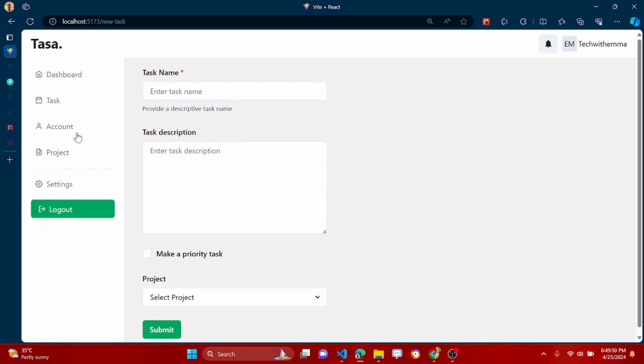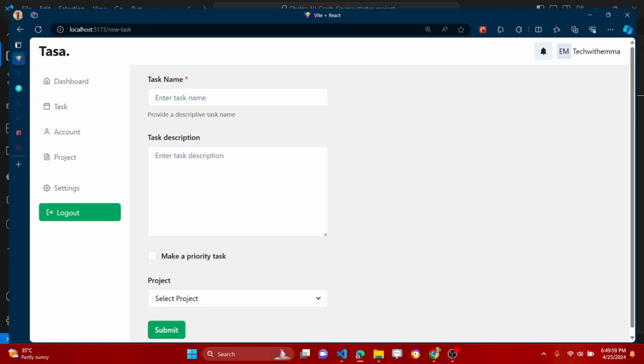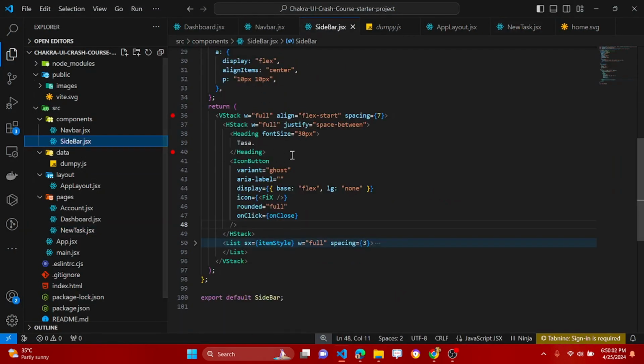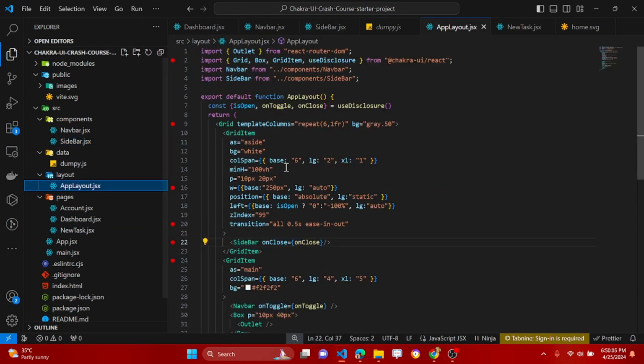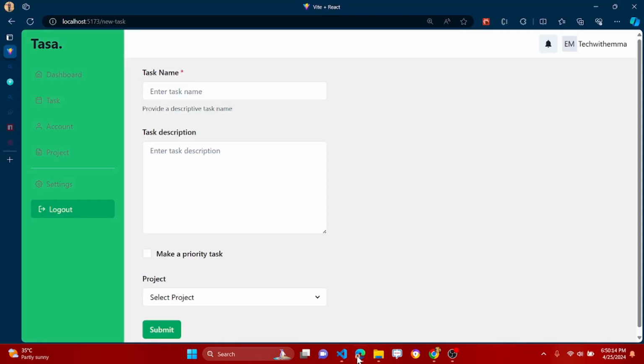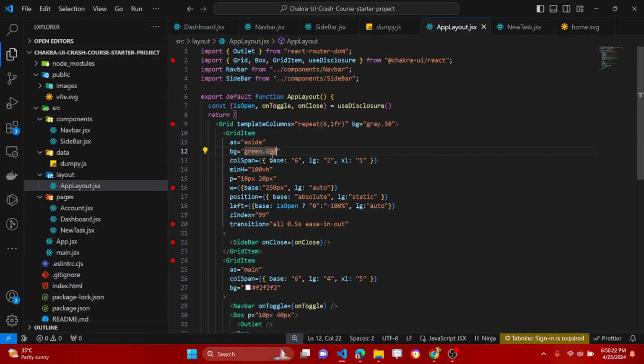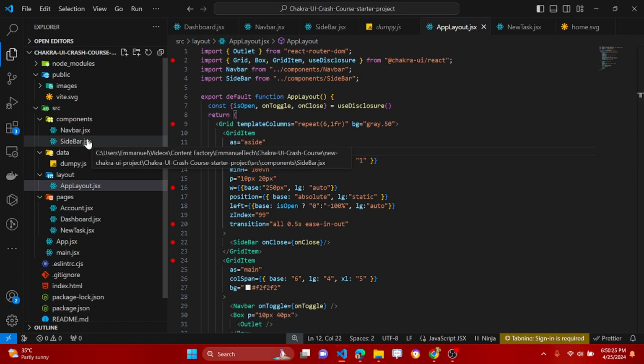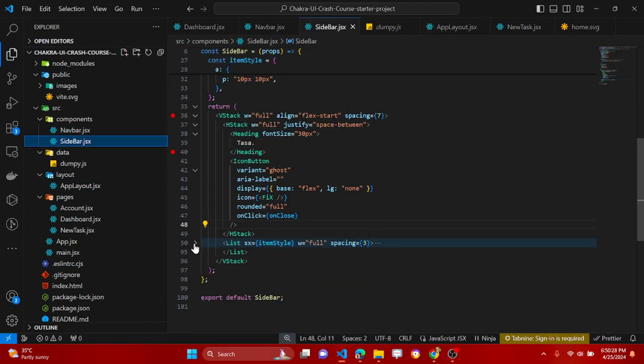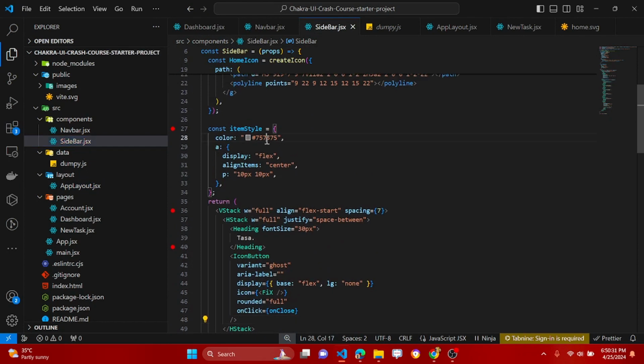So before we stop, I want to change the sidebar color from white to fit with our color scheme. So I'm going to go over to the sidebar, the app layout, and come over here and change this from white to green 400. And let's save it and preview it. So now we need to change the text color, because it seems the text color is not matching right. So to do that, let's come over to the sidebar and to the list item. So yeah, let's change this to